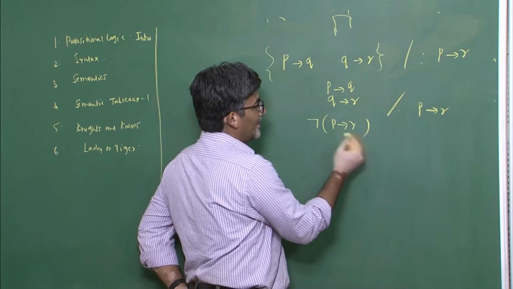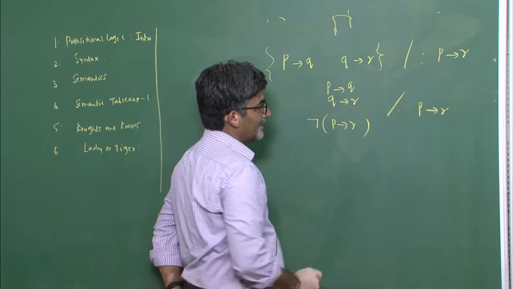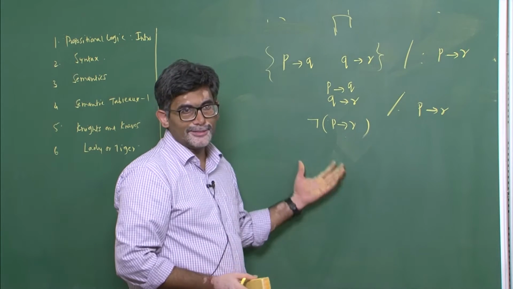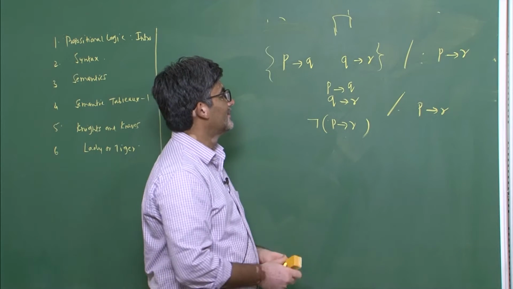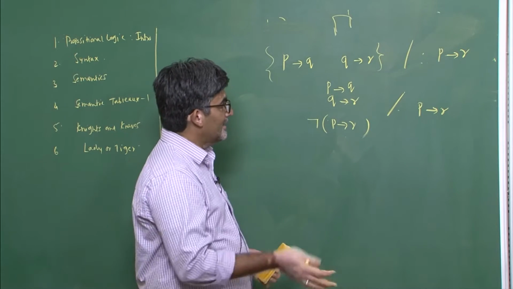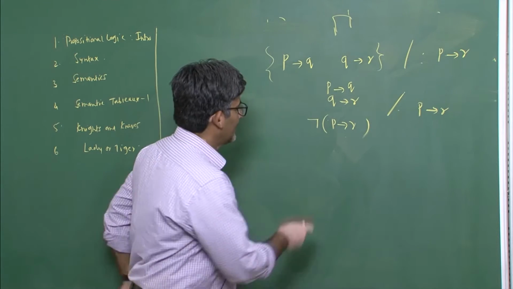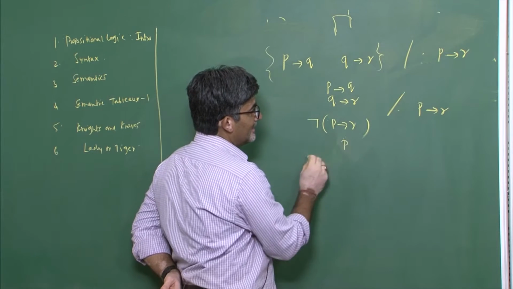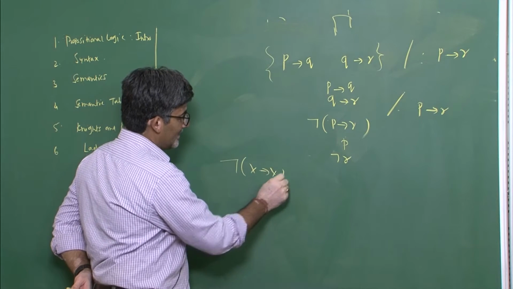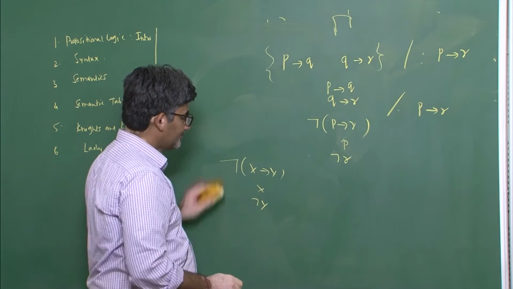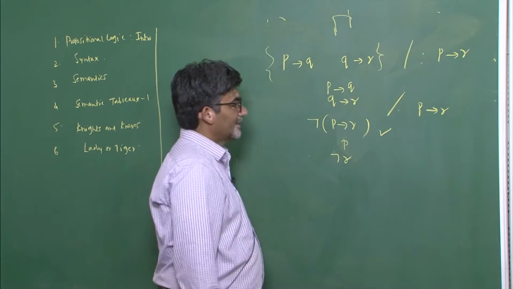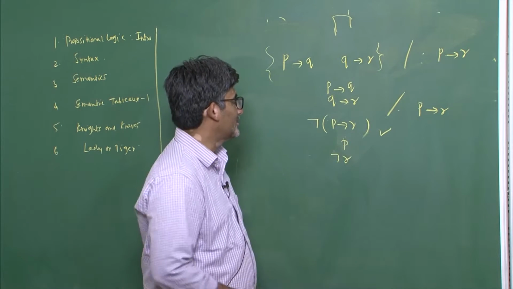Now, using the alpha and beta rules, we will expand this. While discussing the semantic tableaux method, we saw that you should always use the formulas that lead to non-branching rules first, followed by the branching rules. So this leads to a non-branching step. It is P and not R. Why? Because not of X implies Y is X and not Y. Now this is checked. You don't have to check it again and again, so that's why we put a check mark on this.